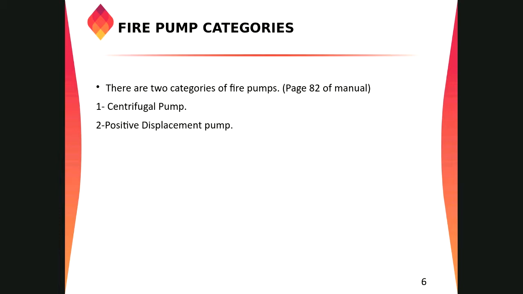For the positive displacement pump, it is used where we need higher pressure and less flow. Let's say if you want to inject foam into a water line which is already pressurized, right? To use the foam in the system, we need a positive displacement pump at a pressure higher than the water pressure inside the piping, so that it will go inside.